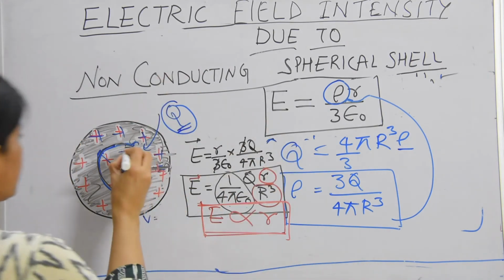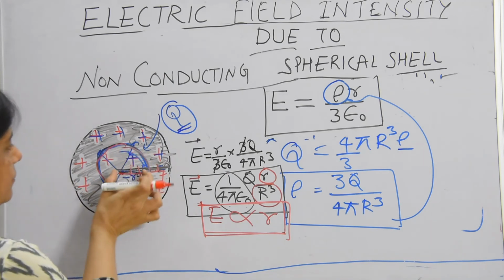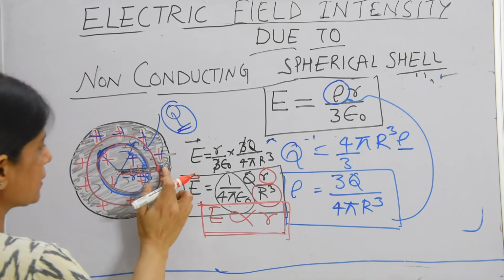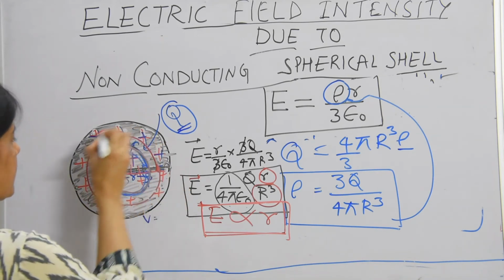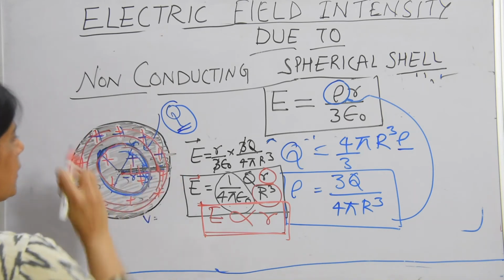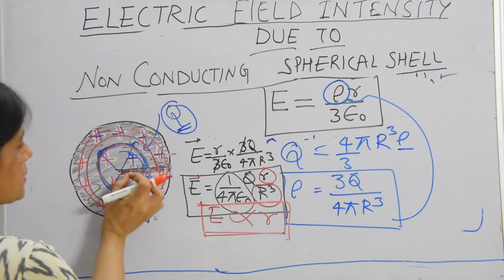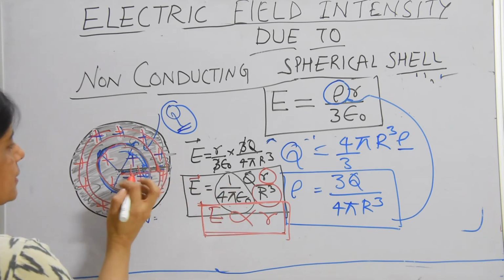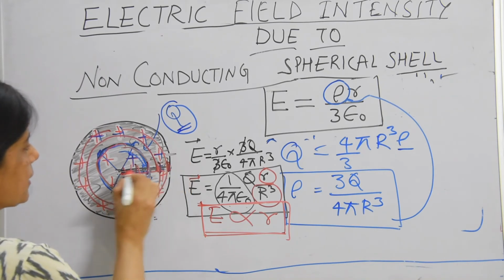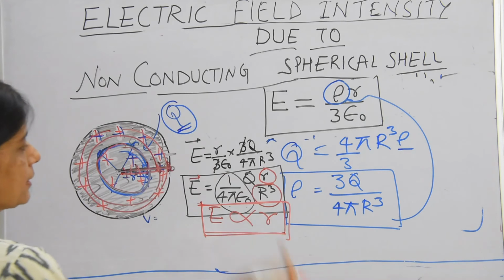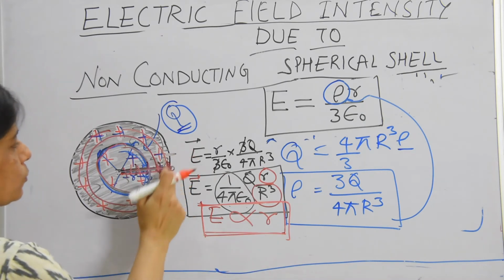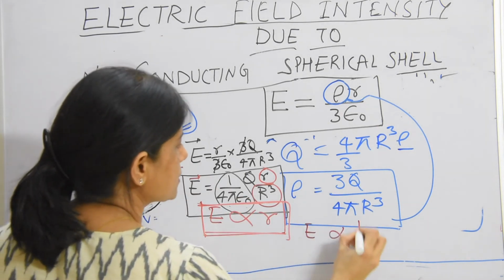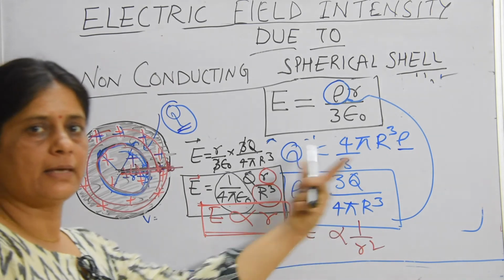E is directly proportional to r, which says that if we keep increasing r, electric field intensity would increase. If we imagine this circle, electric field intensity would have some value. If we come over here, electric field intensity will increase. Why? Because the enclosed charge is also increasing. In this circle, if we go further, electric field intensity will again increase. If we keep on increasing r, E will keep increasing, and up to here the value becomes E is equal to 1 upon 4 pi epsilon naught Q upon r square, and again it will behave like this. E is inversely proportional to r square, which we will discuss in the graph.